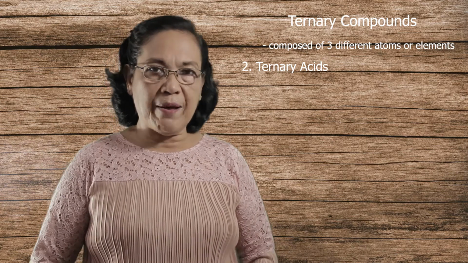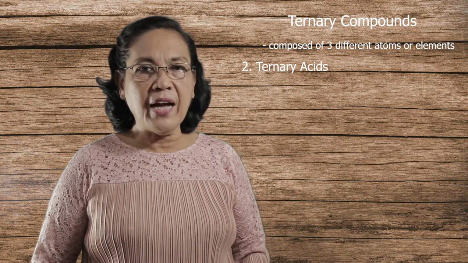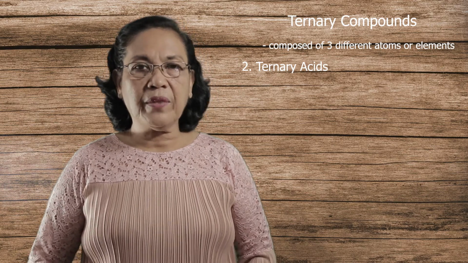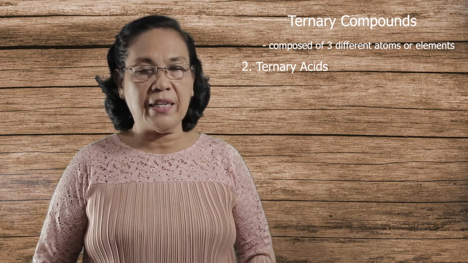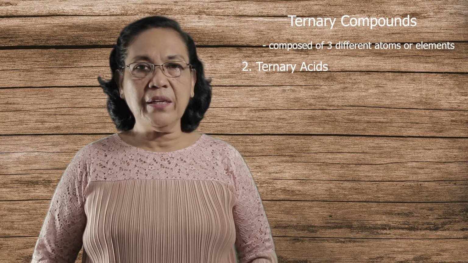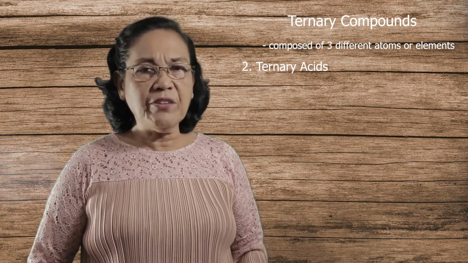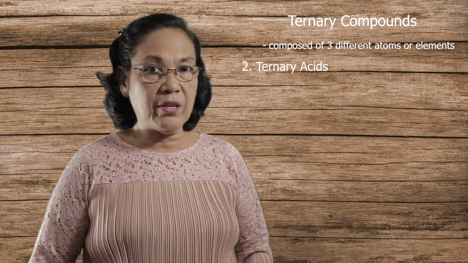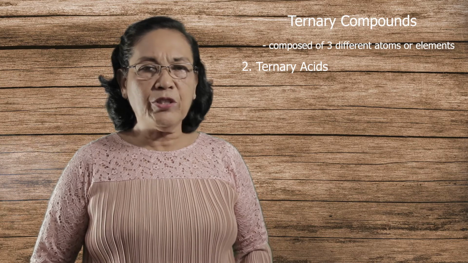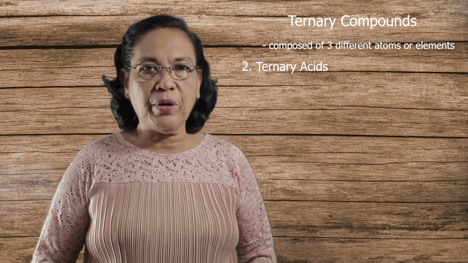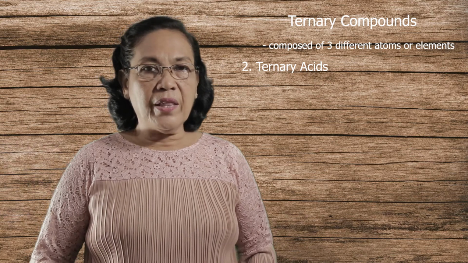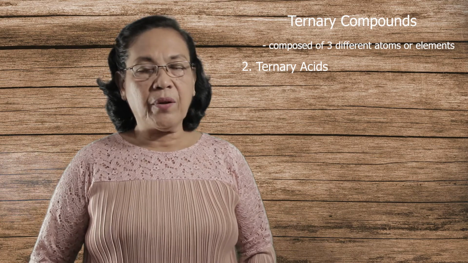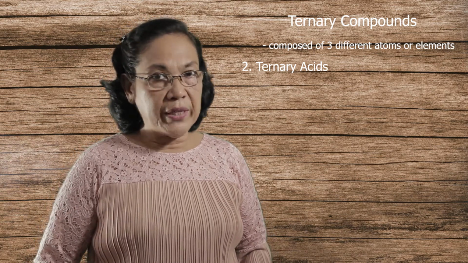Let's have a specific example. For example, the acid HClO. So if you're going to look at it, there are 3 atoms composing the acid: the hydrogen, the chlorine, and the oxygen. The central atom of HClO is Cl, or it is chlorine. Now, if you're going to compute the oxidation number of chlorine, which is the central atom, there is an oxidation number of 1. Why? Because if you're going to write the formula, it is